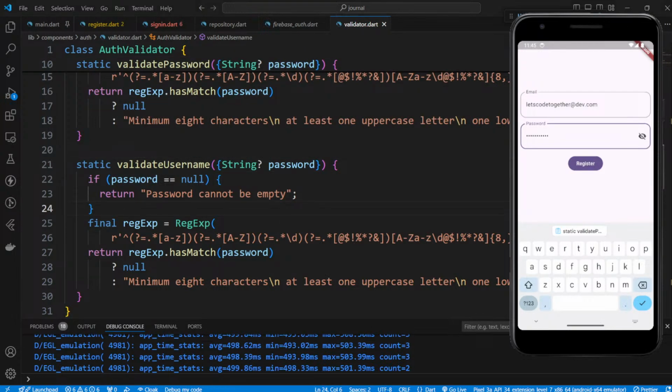Let me search a regex and I'll come back. Regex to allow at most 8 characters. At most 8 characters and